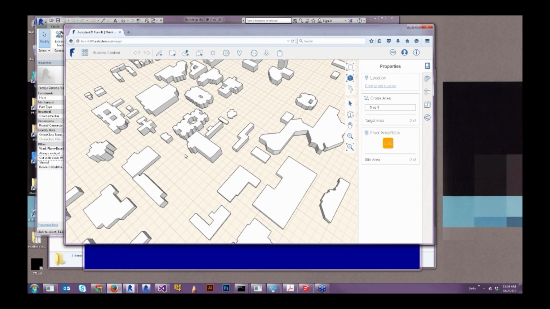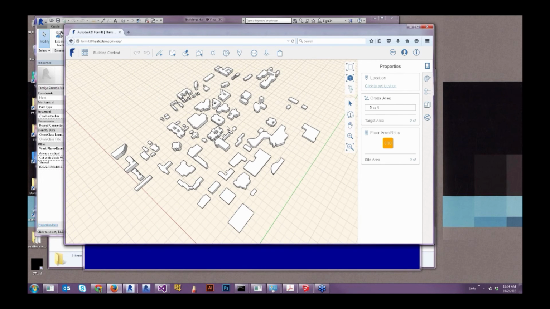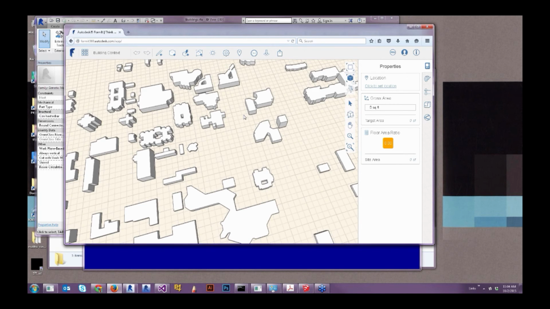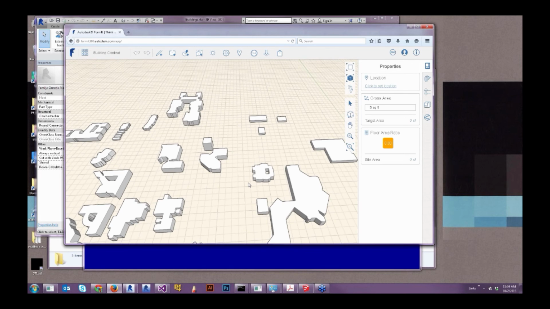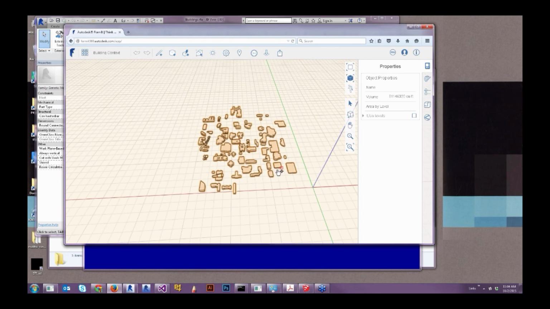So this is what happens after running that family converter on the generic family. You can imagine taking the time to rebuild all this stuff in Formit. That'd be a drag, but just being able to use the converter, you've already got it in Revit, you're able to convert it over to Formit and start using it here. And this is still editable geometry after running the converter. So if you need to make changes to the site, you can, but you don't have to. And you can also select all this stuff and then put it into a group itself, so it can be treated independently of the rest of the modeling that you're going to be doing.